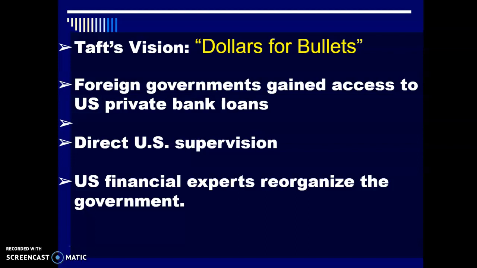Well, you can guarantee that they would get paid back if you say, if they don't pay us back, we will take over the custom houses, or we will just go ahead and put custom receivership right within the contract. We also are going to send down U.S. financial experts to reorganize their government spending. And that sounds great, like we're helping them out. But a lot of times what the United States advisors would do was reorganize it so that they would get paid back faster and not necessarily help those governments create the wealth that would then help them out of the debt cycle.